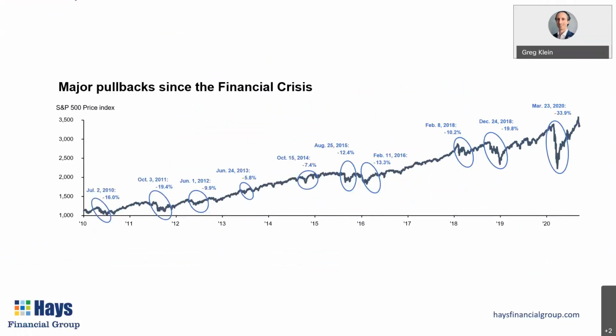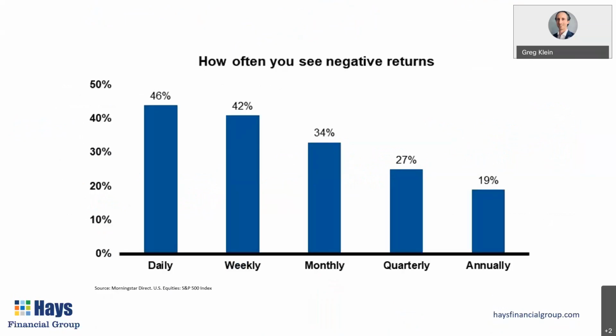If you look at just roughly the last decade, you'll see quite a few bumps in the road. There's been quite a few times where the market's been down 10, 15, 20%. Just think of last year around this time, where the market was down 30% or so. And that one, that's a big one. The most recent one is the one that we always remember that hurts the most. It was pretty quick that the market fell, and then pretty quick that it came back. But again, these are pretty normal. Those big bumps in the road, like we saw, they're going to happen every handful of years. And so you've got to understand that, so that you don't let your emotions get the best of you.